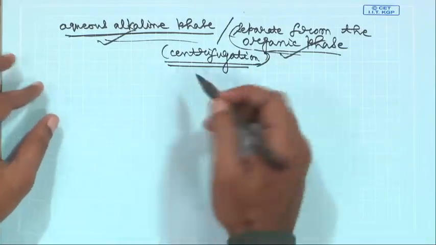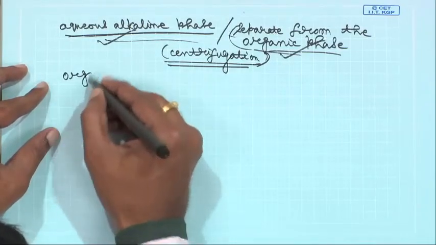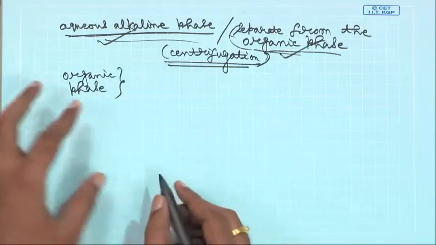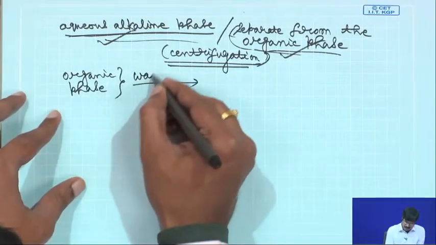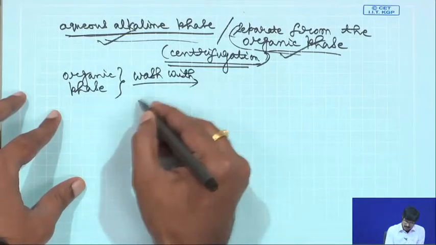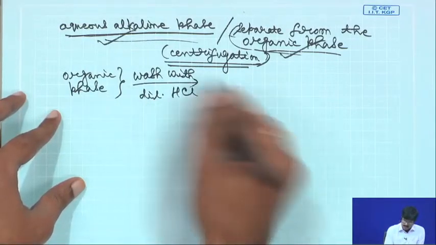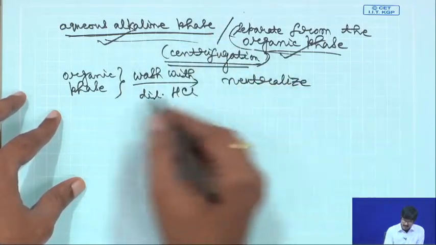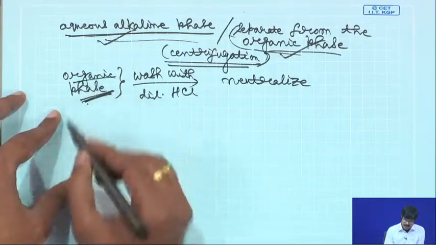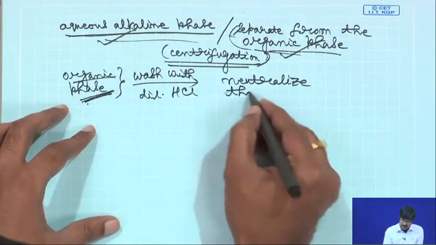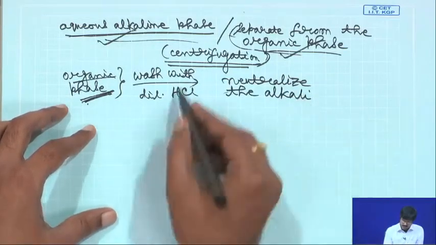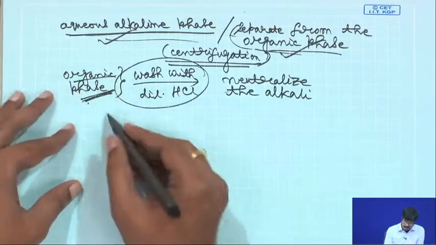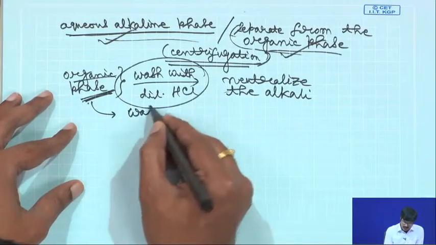Now, so centrifugation. Once you have collected the organic phase which now contains your product, this organic phase, you wash that with dilute acid, in this case HCl. This will neutralize the alkali. It was in contact with the alkaline aqueous layer. So, it will have some alkali. So, you have to neutralize the alkali. So, you wash with dilute HCl, dilute hydrochloric acid, dilute mineral acid, and then you wash it free of electrolytes